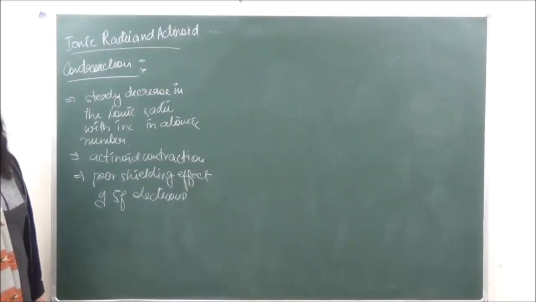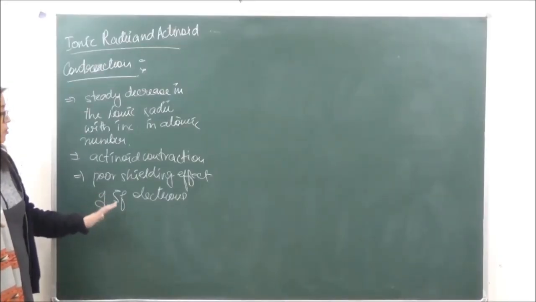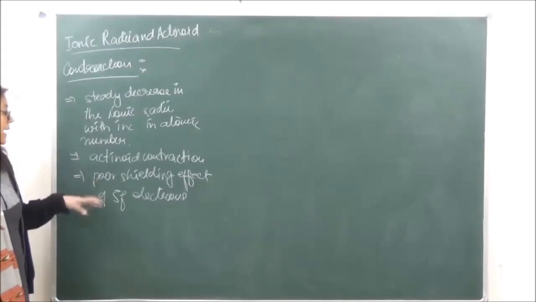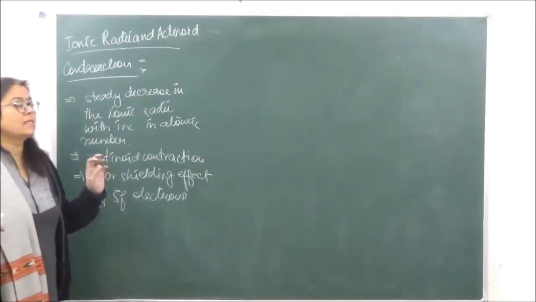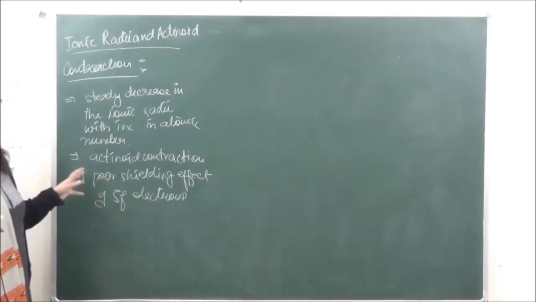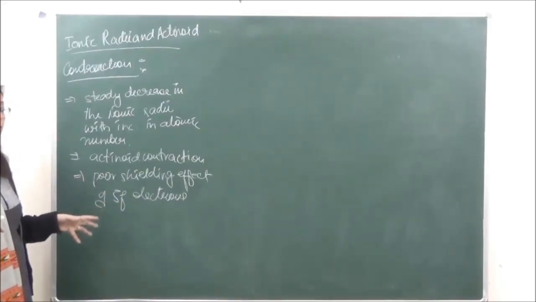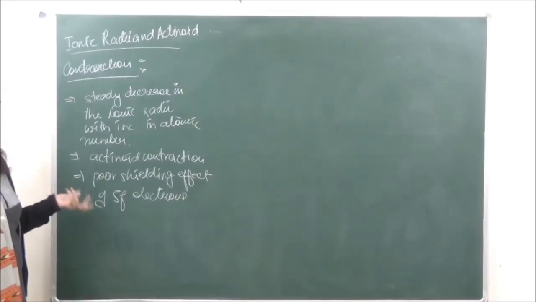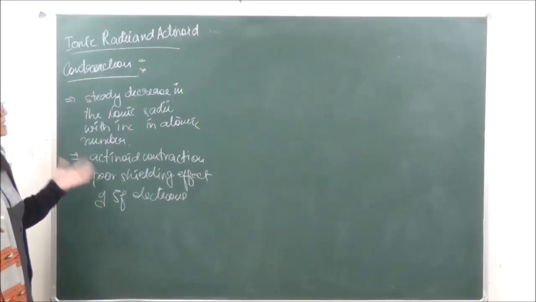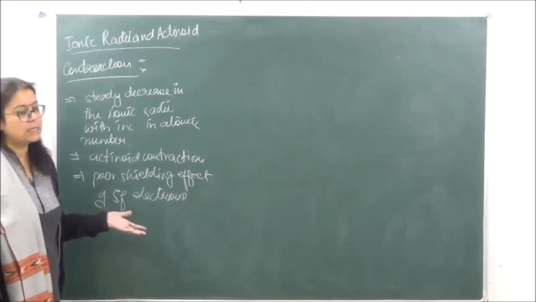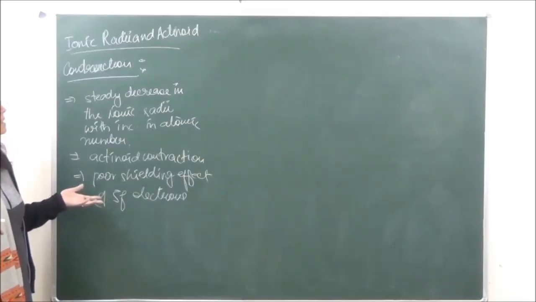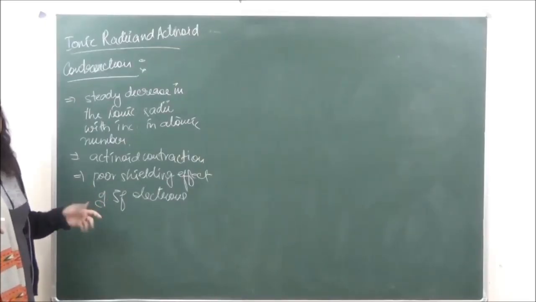So what is happening over here? The 5f electrons are offering imperfect shielding. As we go along the series, again the nuclear charge will keep on increasing, and as the inner electrons, that is the 5f, keep on increasing, the screening effect will keep on becoming more and more poor. So due to that, the effect gets cancelled out, and hence there is going to be a slight, uneven decrease in the ionic radii and the atomic radii of the actinoid series.